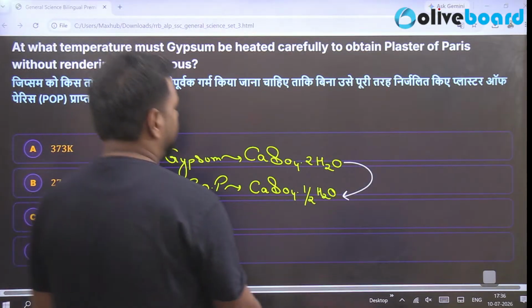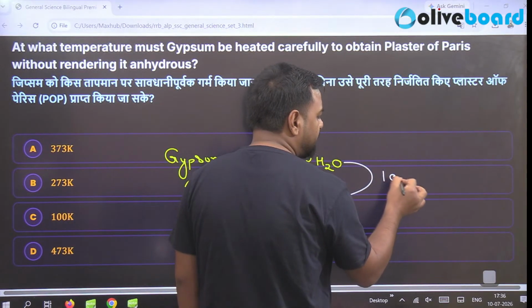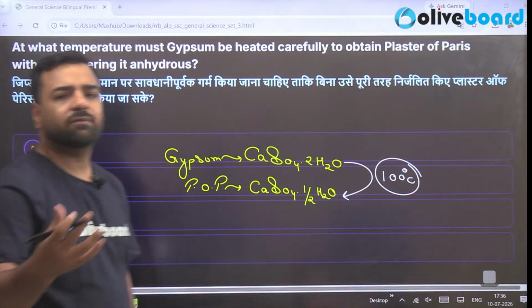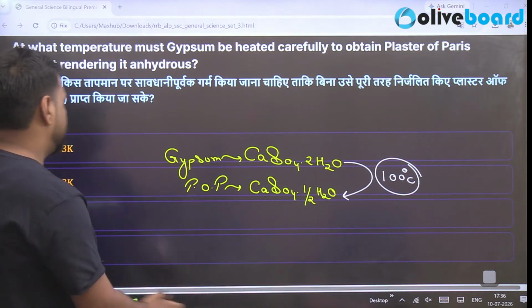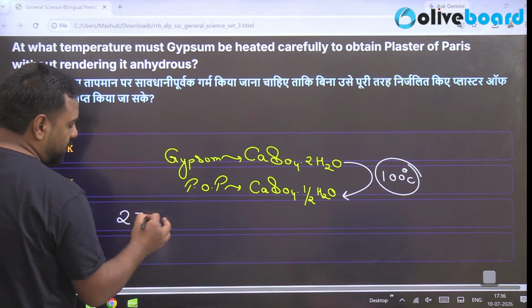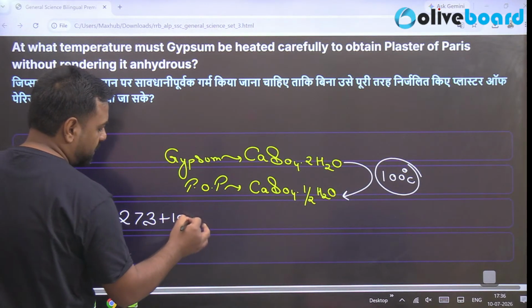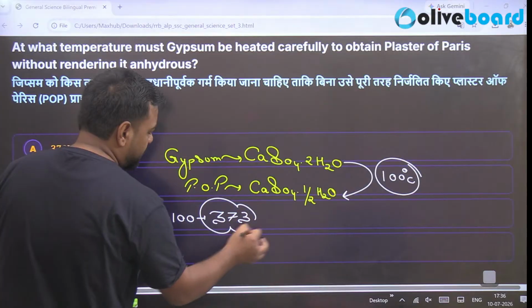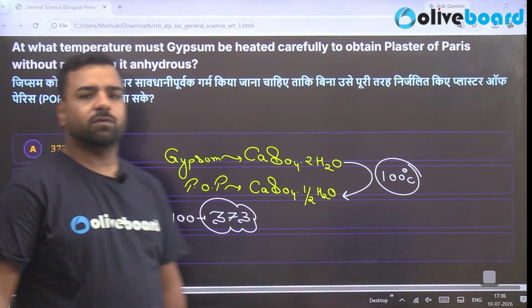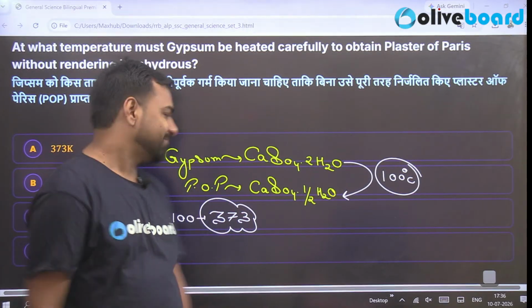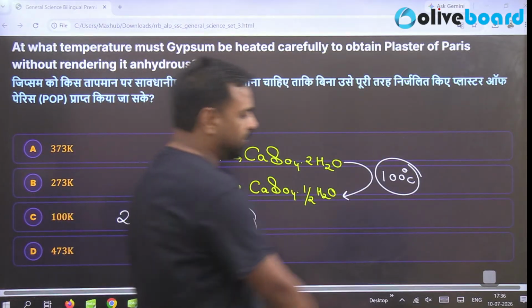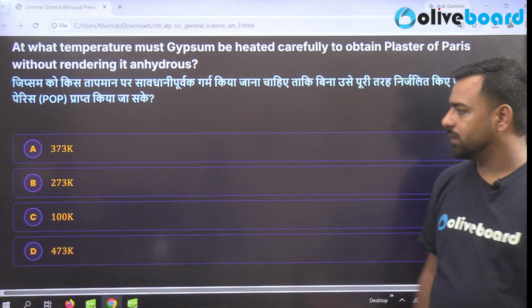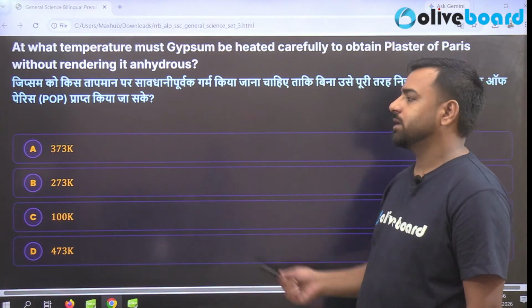So you need to remember, in your previous year examination paper, it was asked in degree centigrade, but here I framed it with the Kelvin part. So if you add 273 with 100, it is going to give you 373. So 373 will be the perfect option for the same. Is it clear? Perfect. So that's again done. Proceeding further. So 373 is option number A. Next,